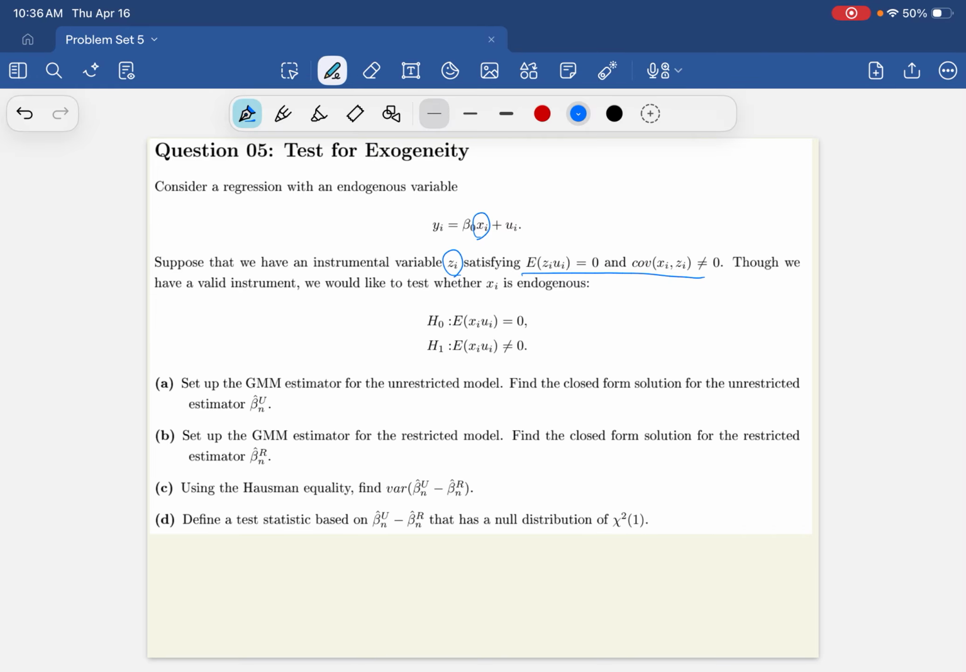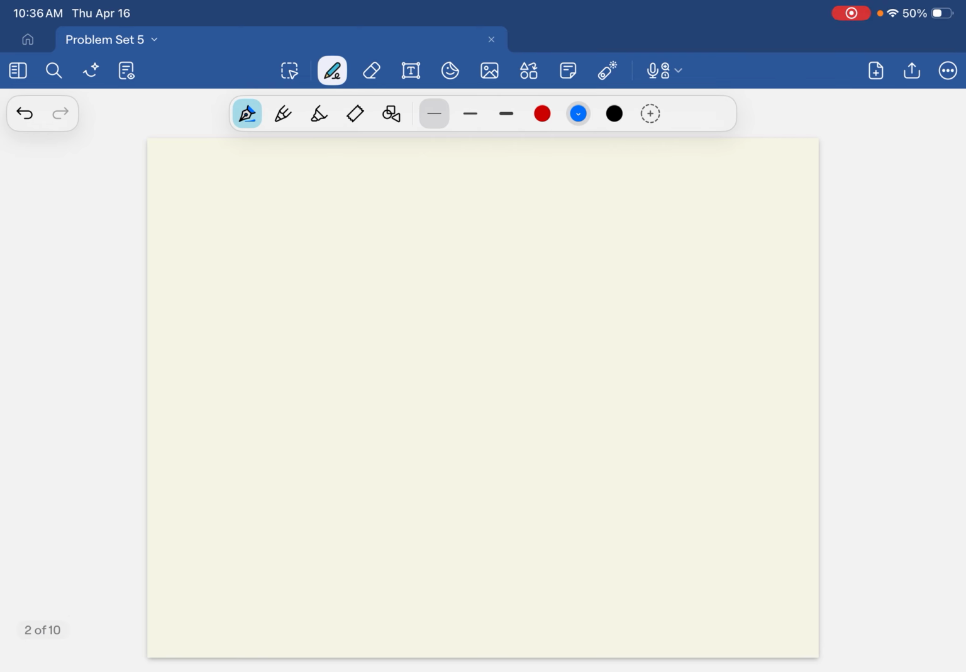Okay, it's pretty simple. We are going to think about the unrestricted model first. The unrestricted model does not utilize the null hypothesis, right? So that means the only moment condition we have is the IV. The instrument is the only exogenous variable in the unrestricted model. So the moment function looks like